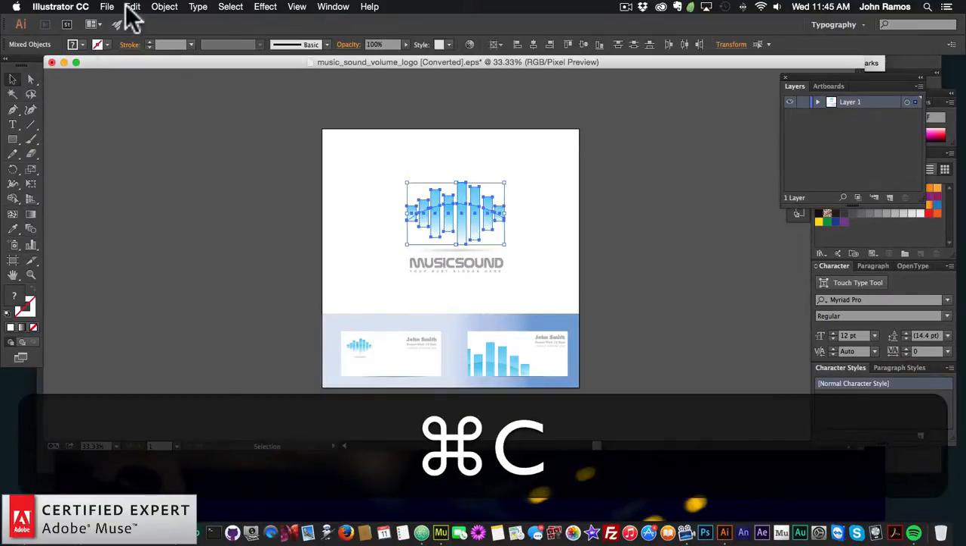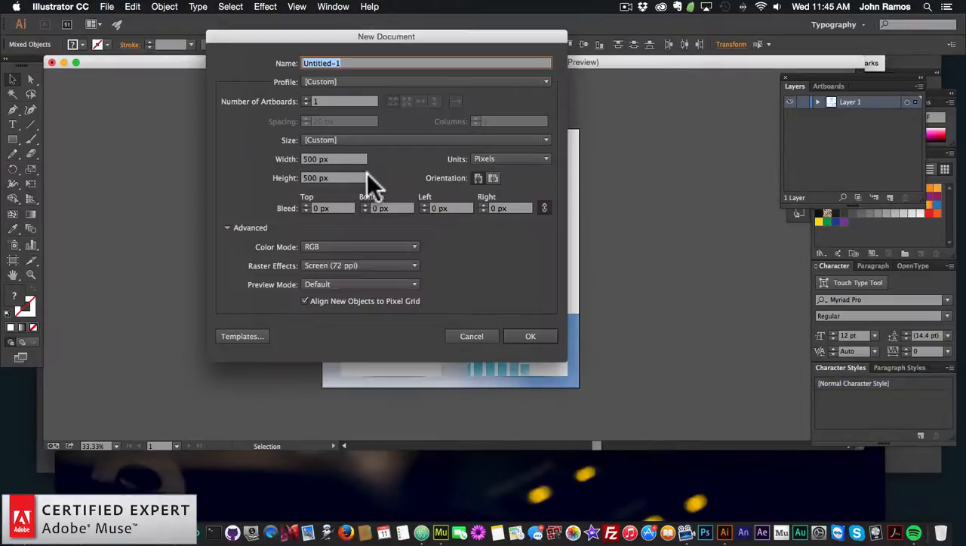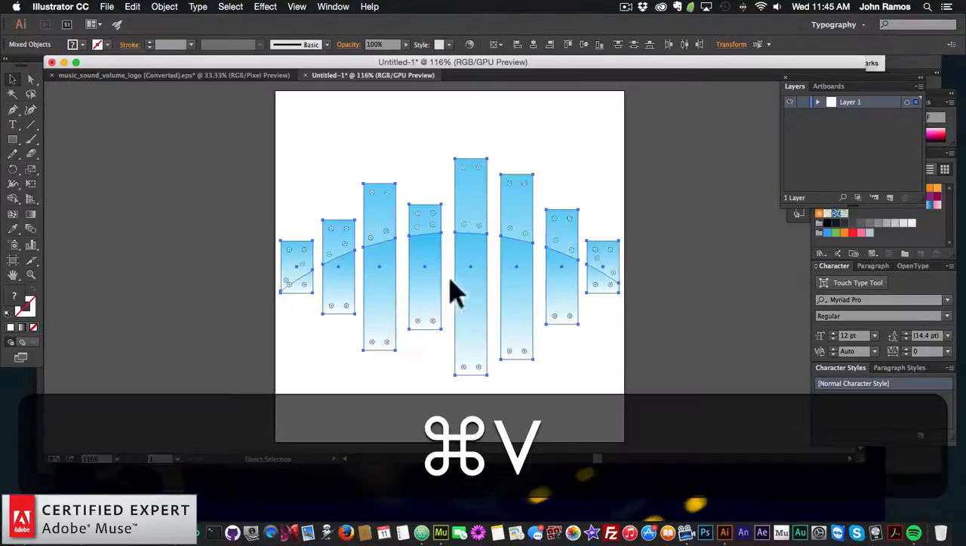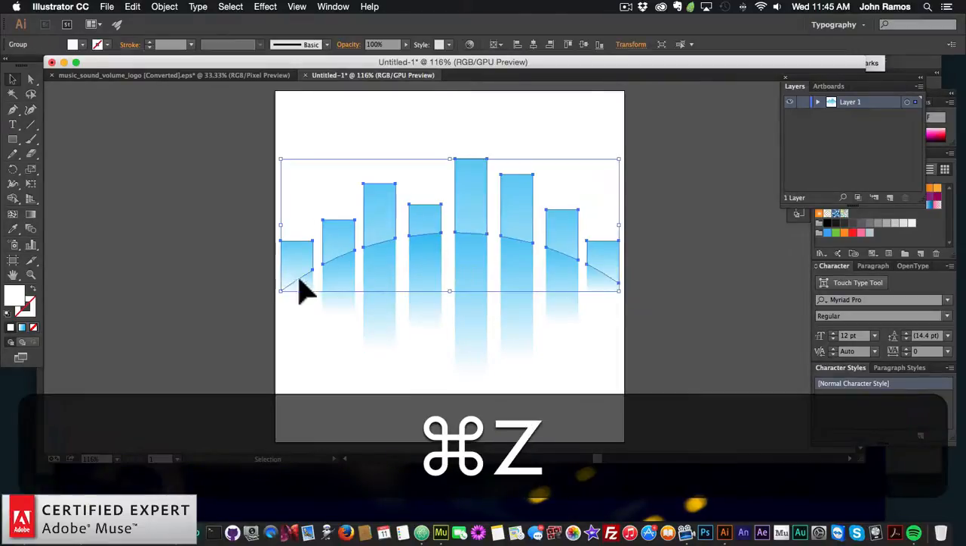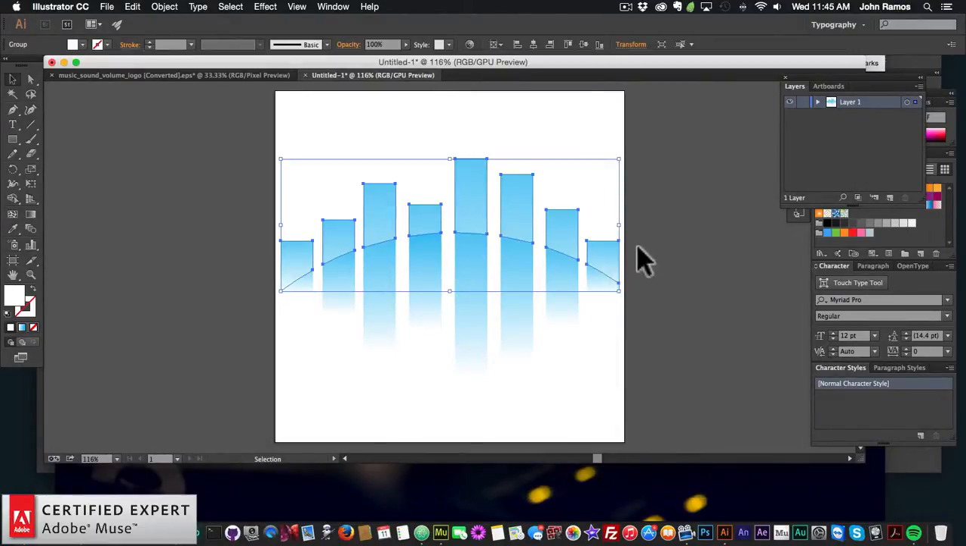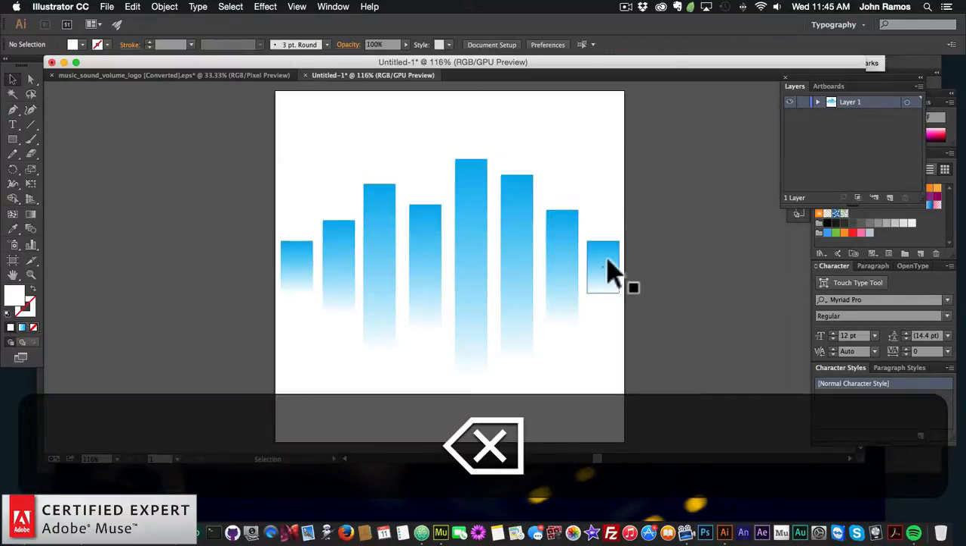So I'll hit Command C to copy, then I'll go to File, New. 500 by 500 is okay, and I'll just paste that in there. Looks good. So those are the bars that I'm going to animate, and I don't really want this kind of oval thing here that's kind of going through the bars. I'm just going to select it and delete it, and I just want the blue bars here, because if we had that kind of break there, it wouldn't look so good as the bars are going up and down. So I'm just going to delete it in here,